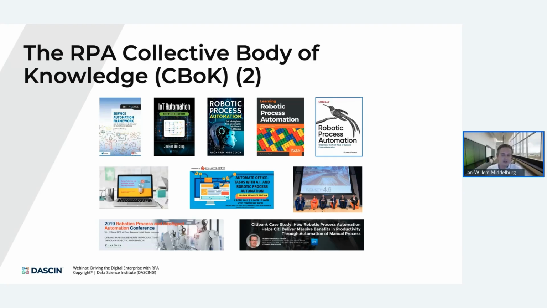On the next screen, you can see some of the major contributors. You see some of the very famous books around automation. You see contributors in terms of conferences. You see webinars, just like the one we're hosting today. Basically, there are a lot of different people and organizations contributing their time and their efforts towards evolving automation best practice. And that's also something that I personally very much like. It's this ongoing collective of people and organizations that really drives this forward.